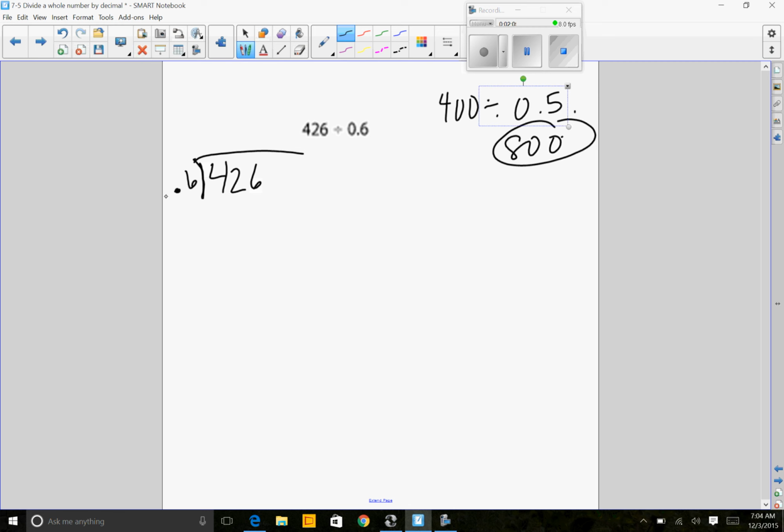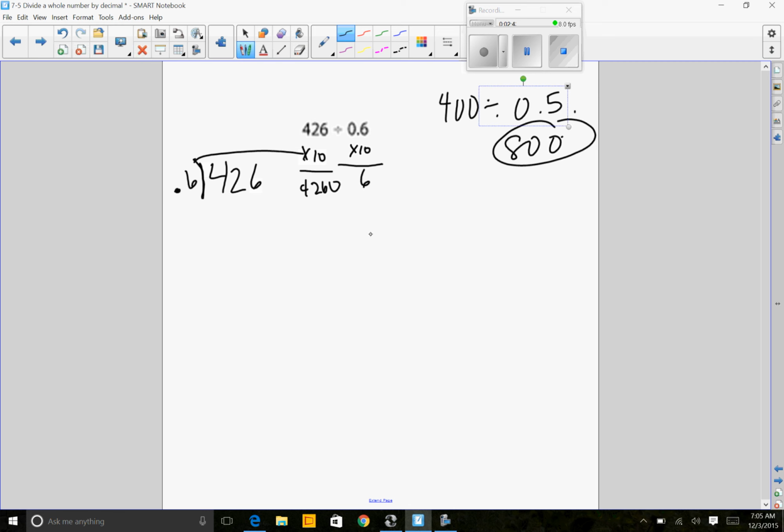So what we want to do is turn this divisor into a whole number. What can I multiply 6/10 by to make it into a whole number? A whole number would be like 6, right? So if I take 6/10 and multiply that by 10, I would get 6. And if I have 6 as a divisor, that's easy. I can easily divide by 6. The thing is, I can't just leave 426 the way it is. I also have to multiply that by 10. And I would get